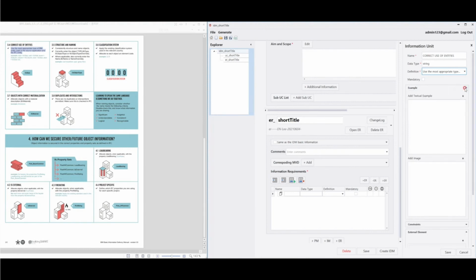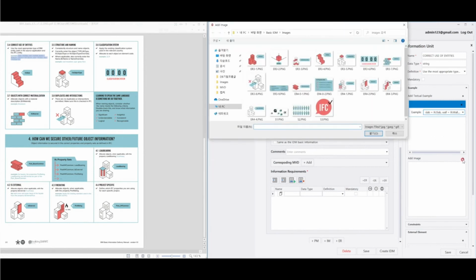And if you click this, you can add textual example and image. For textual example, you can simply type or copy and paste the text of document to write this. And for image, you have to click this icon and you select